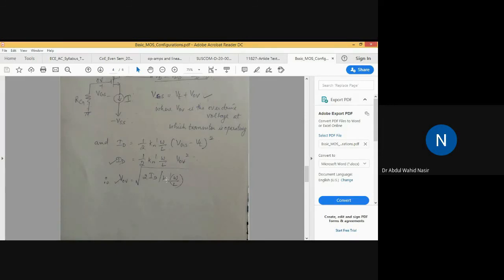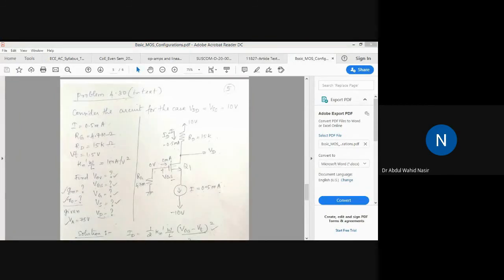So the main outcome of this biasing is to know that, since the biasing can be done using a current source, how can we have that fixed current source? That was the main thing we concentrated on: that we can get the fixed current source using a mirror circuit, how we can get that current, what the value of that current will be, and what the solution is. So we have done some of this biasing of a transistor or MOSFET using fixed current sources. Any doubt, any issue, you can ask me.